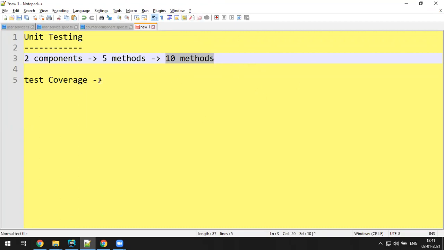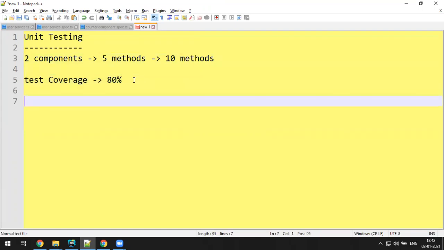So the test coverage report will tell you which methods are covered under test cases. If you tested all 10 methods, this will give you a 100% result. If you test only five methods, a 50% result will come. So you should reach a maximum of up to 80% test coverage for your project.